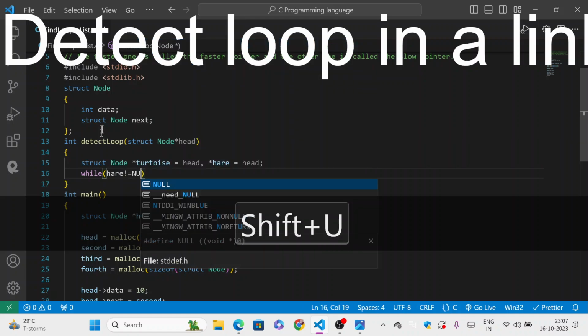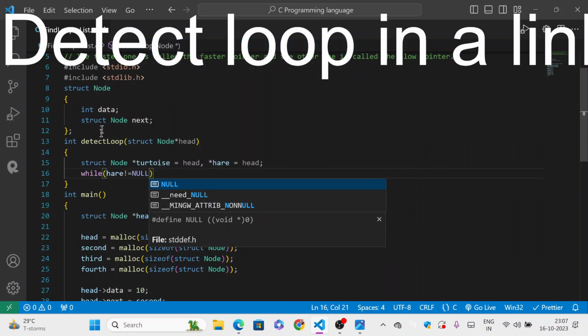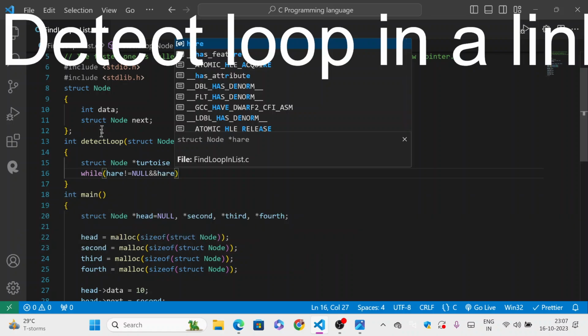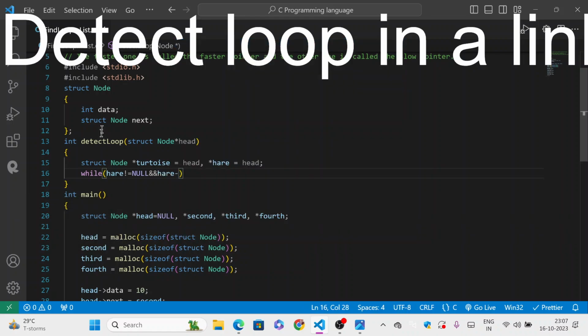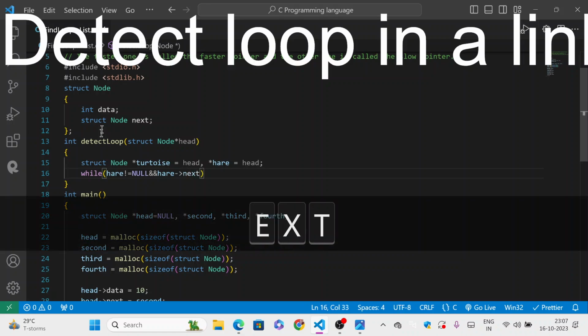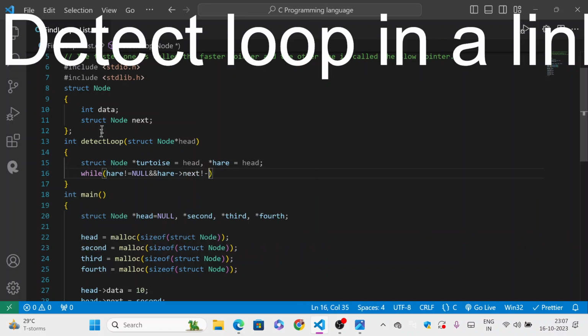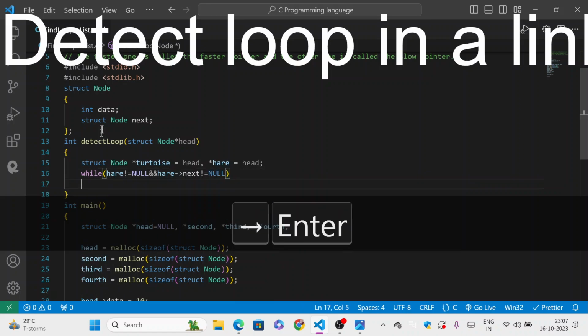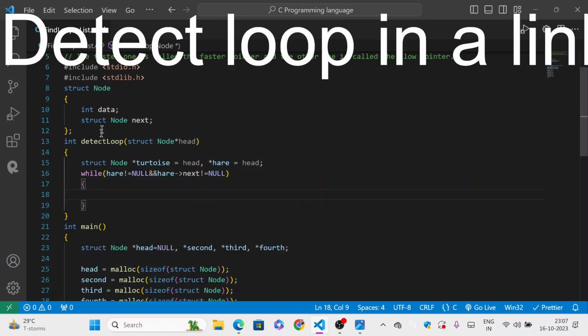While hare is not equal to null, and here next is also not equal to null,